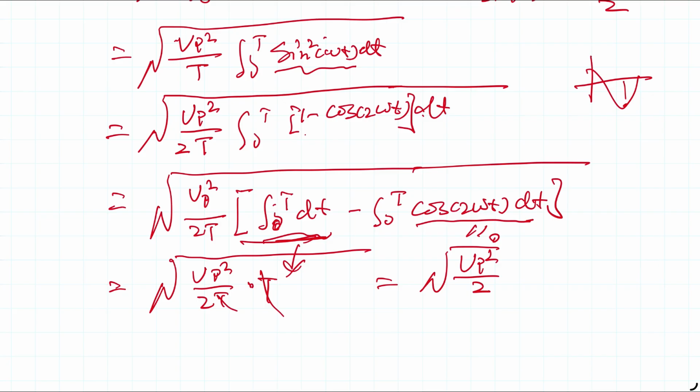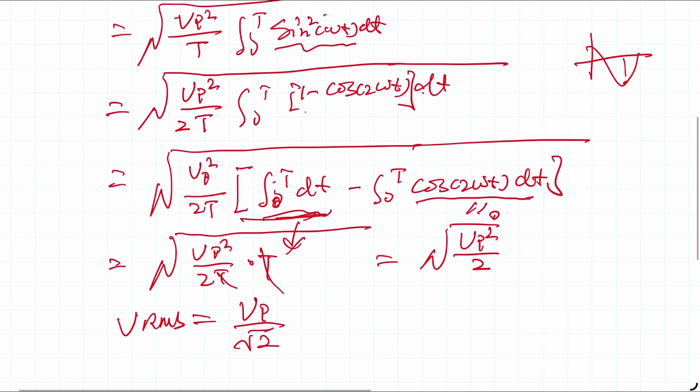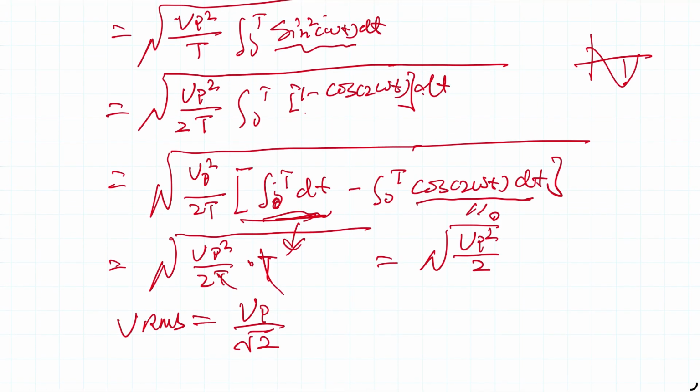That means VRMS for a sine wave equals the square root of Vp squared over 2, and we can take Vp out, so it's Vp over square root 2. So that's the RMS value for a sine wave: the peak value Vp divided by the square root of 2. That's basically all for the RMS for now. Next time we can talk about what happens if we have a DC offset, and how do we calculate